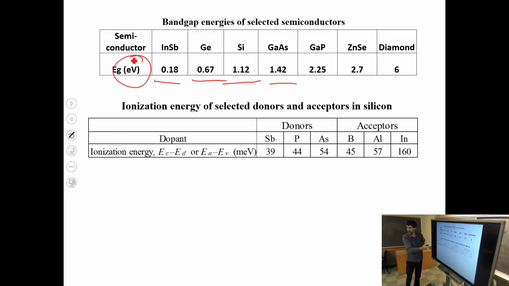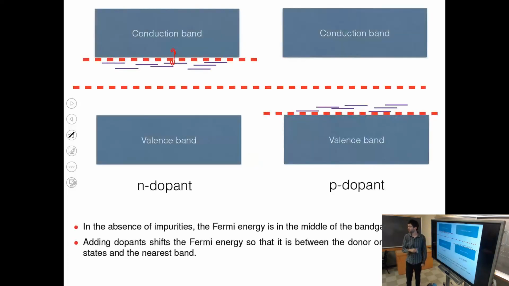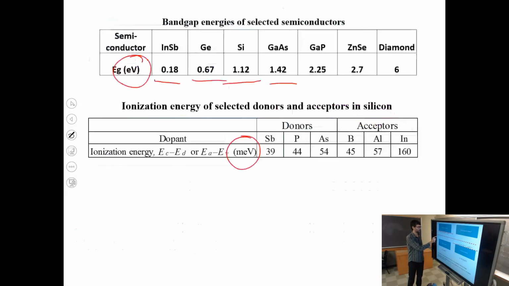Now let's look at the dopant energies. So these are milli electron volts, right? So these are energies from the band edge, so for example, the difference between the conduction band edge and the dopant level, or the distance between an acceptor and the valence band edge, is in millielectron volts. So they are very, very close to the top there. So if you have an energy band gap of 1 electron volt, this is a few percent of that. So this drawing is kind of even exaggerated. Those energy levels are really even closer to the band edge.